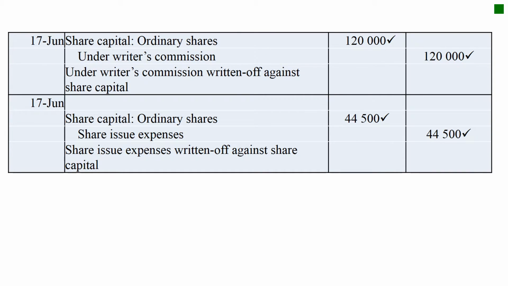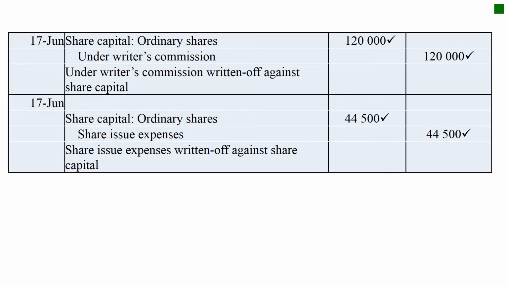Because the company has not yet started trading, these issue expenses are not supposed to be charged against profit. They are supposed to be set off or netted off against share capital,